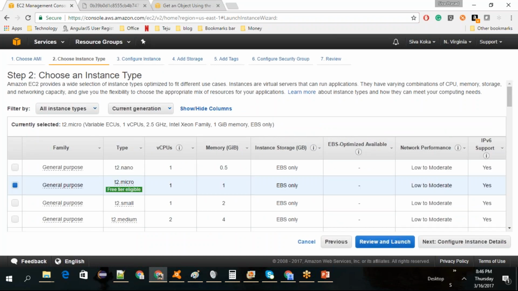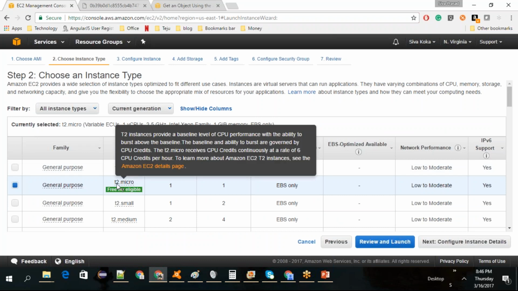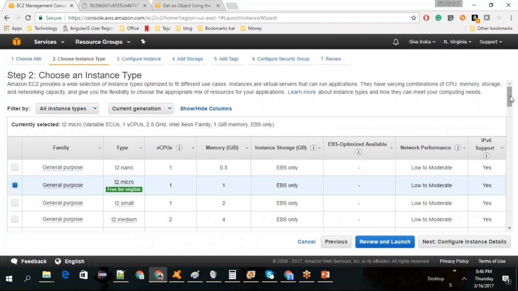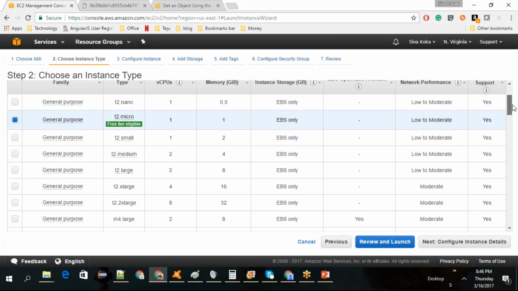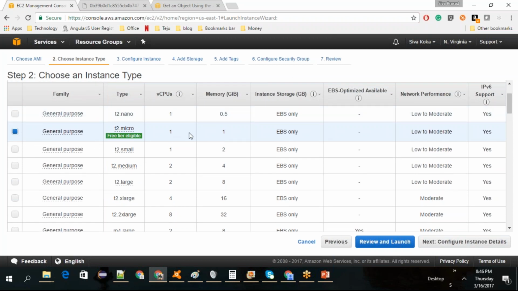I want a virtual machine with Linux, and I'm saying give me the smaller one, T2 micro. Okay, so now T2 micro is one CPU, one memory, and instance storage. Elastic something will be there, EBS instance, I don't remember. Network performance. So if you select this one, the performance will be low to moderate, but if you select higher